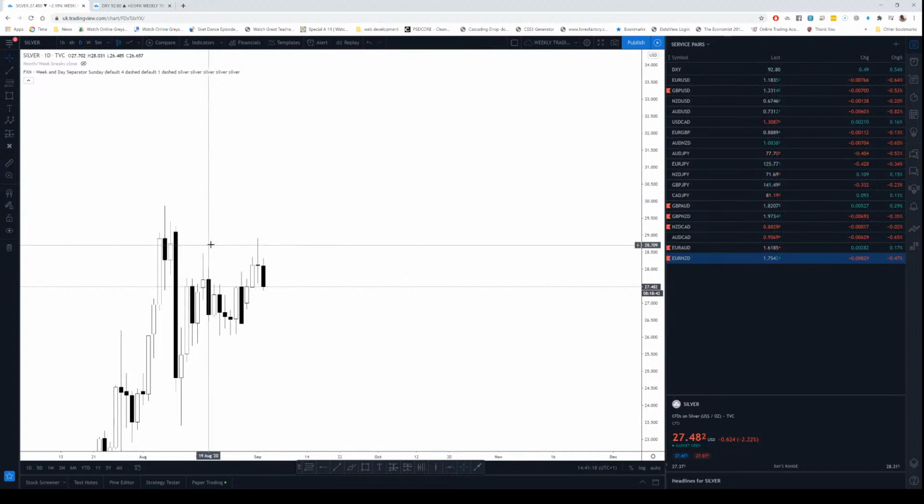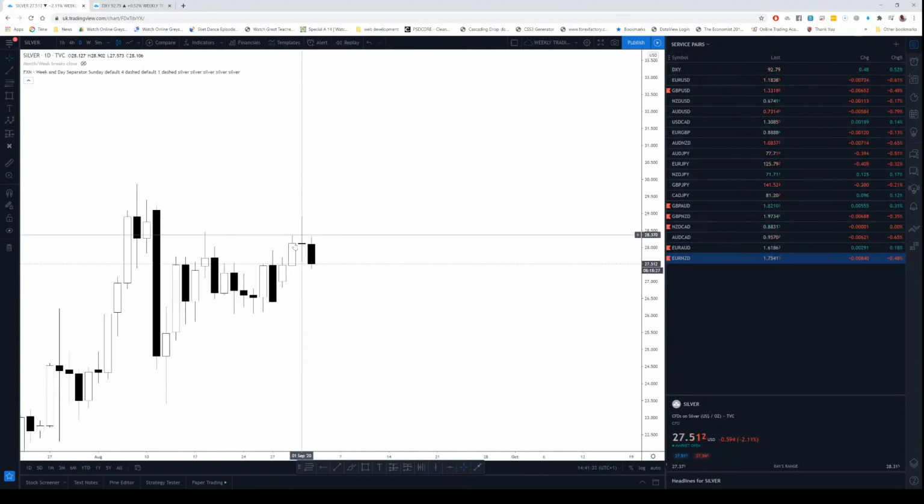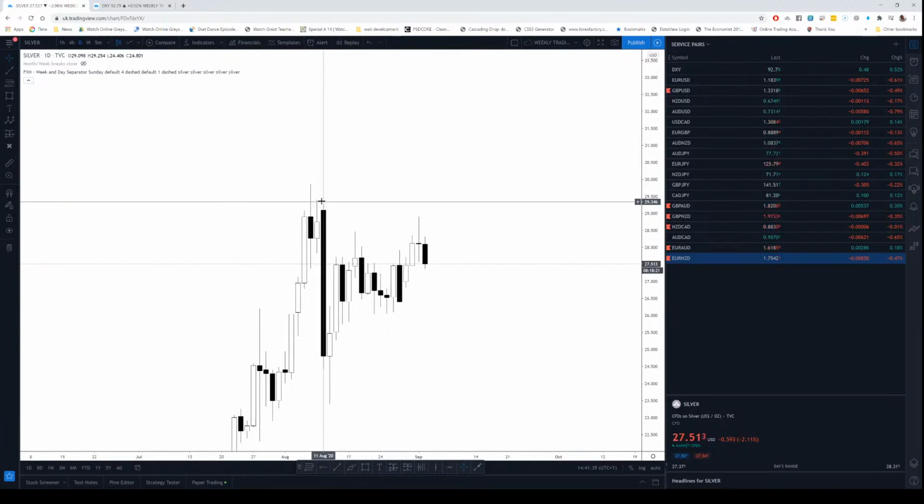All right, so looking at silver, I think this thing is sideways. It's too sideways for you to trade it. Gold is more clean than this one, if that's a word. The daily, we drop down quickly, and then price needs to come back and rebalance this up candle, and then